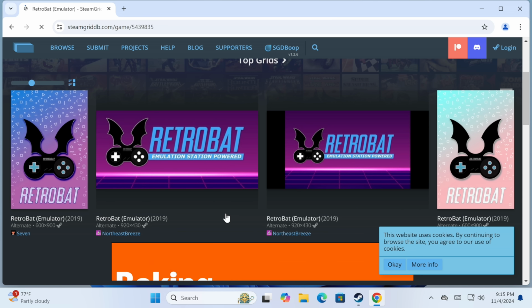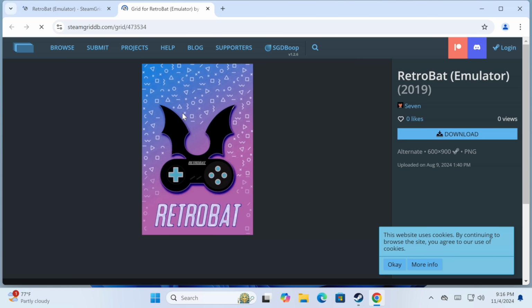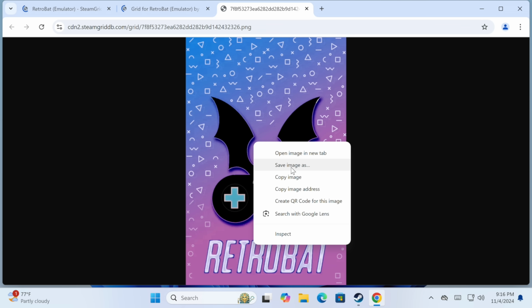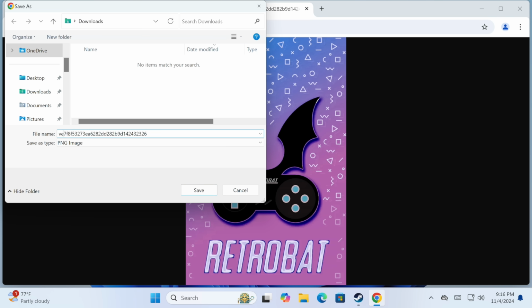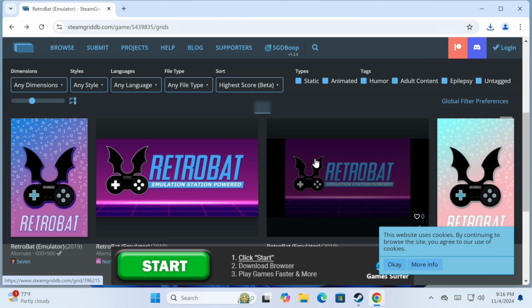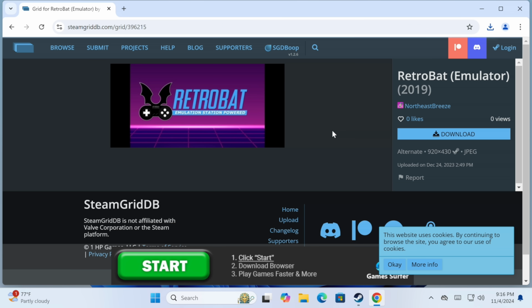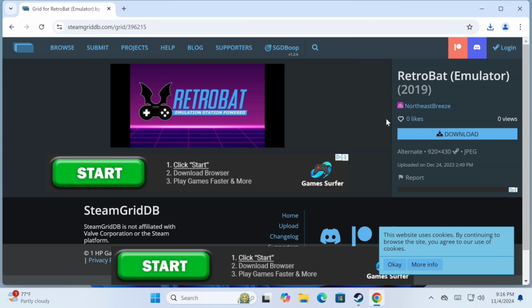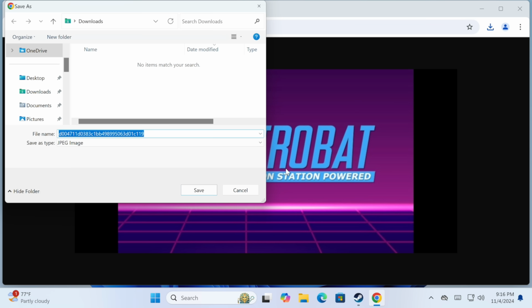So I'm going to start with the vertical one right here. I'm going to click on it and then go Save Image As. I'm also going to give this a label so I know which one is which, so I'm going to type the word vertical in here. Next, we'll do this horizontal game image, which they often call a grid. So I'm going to do the download, then save image as, and then I'm going to add the word grid